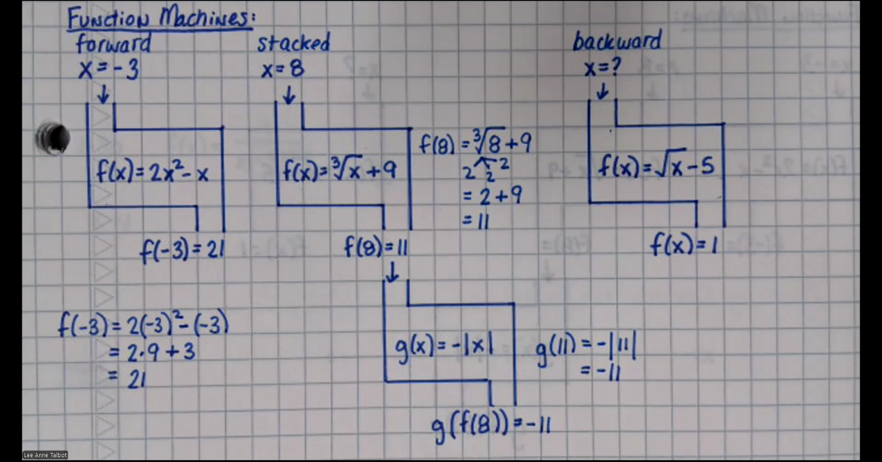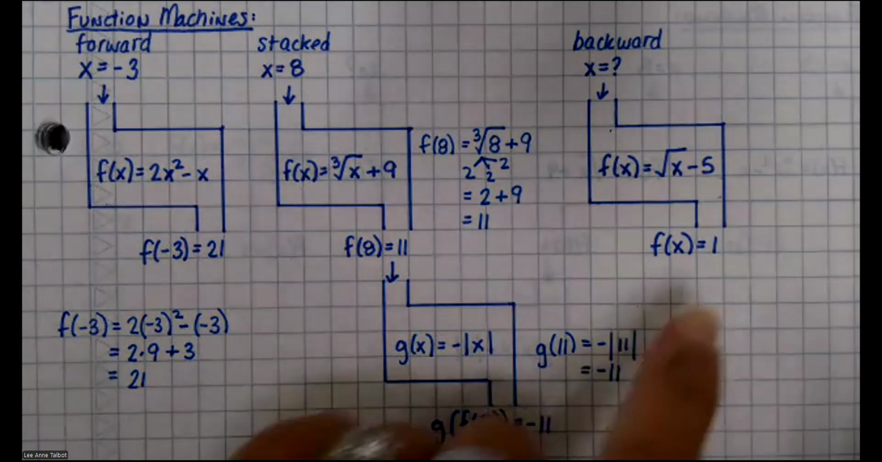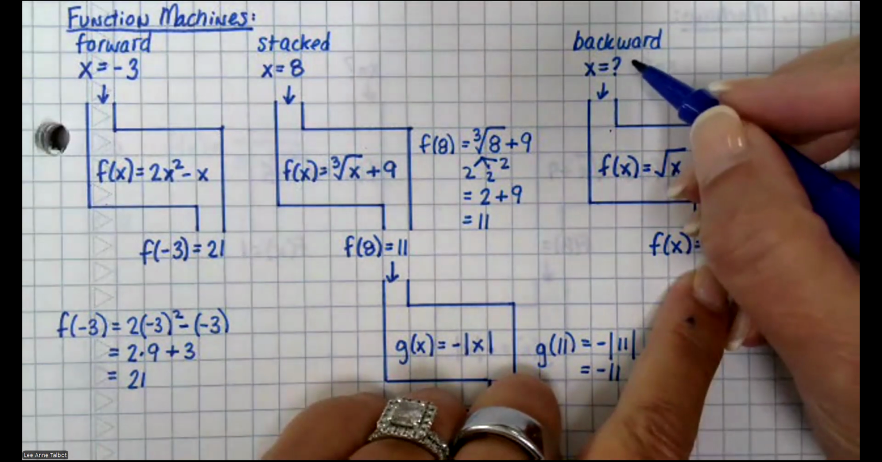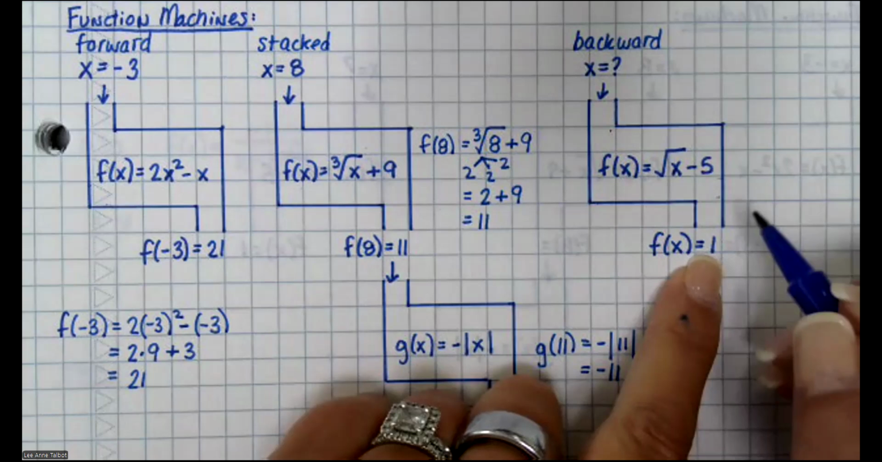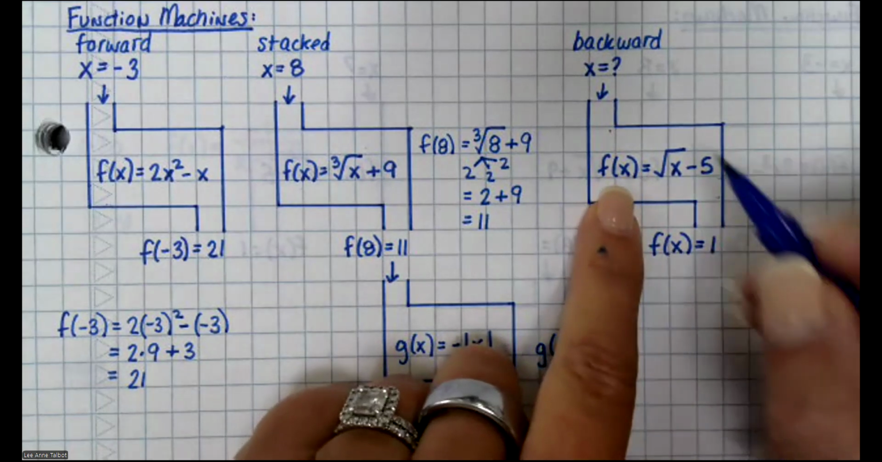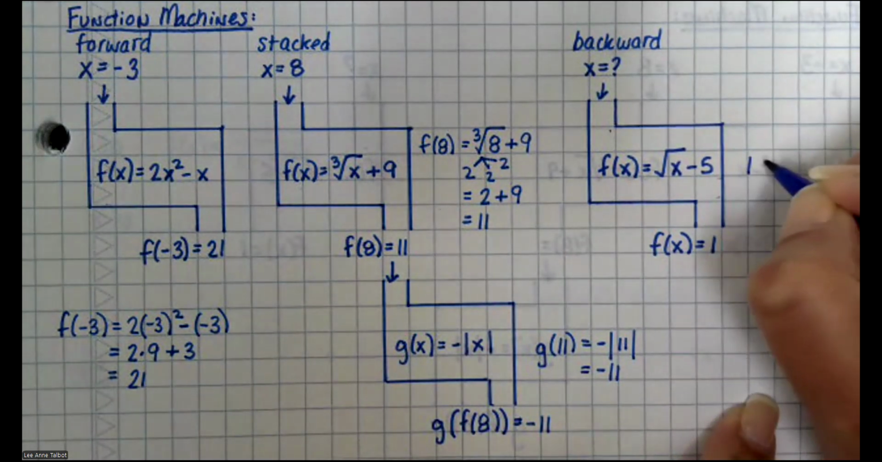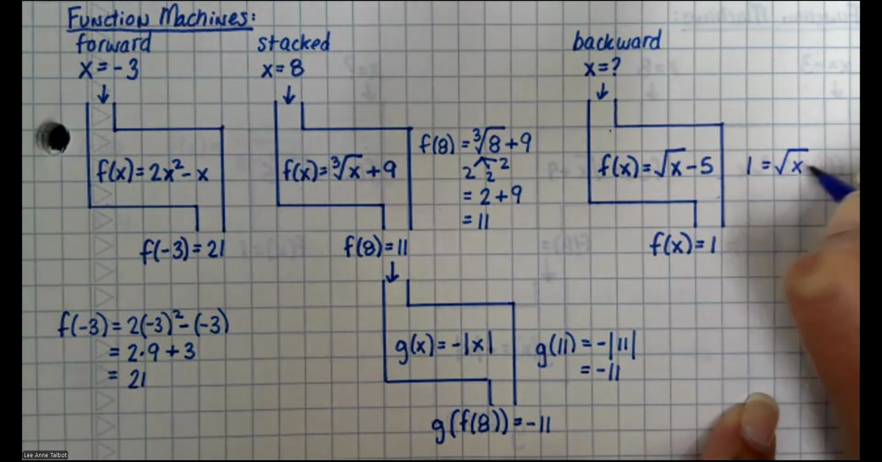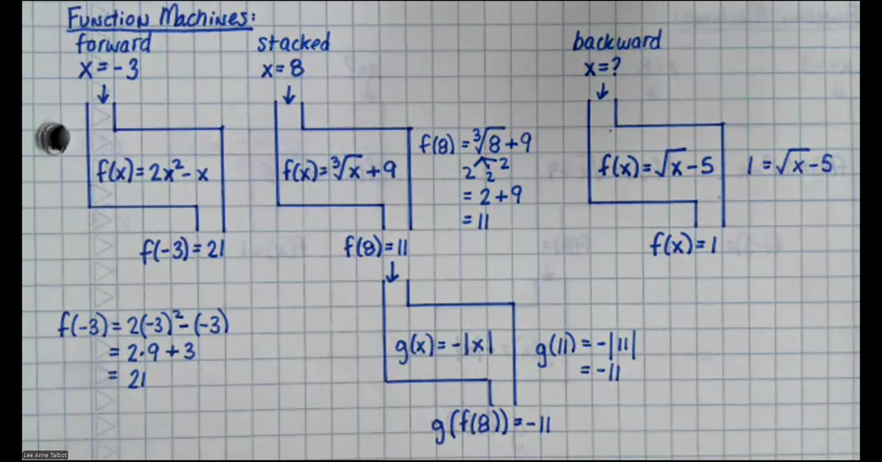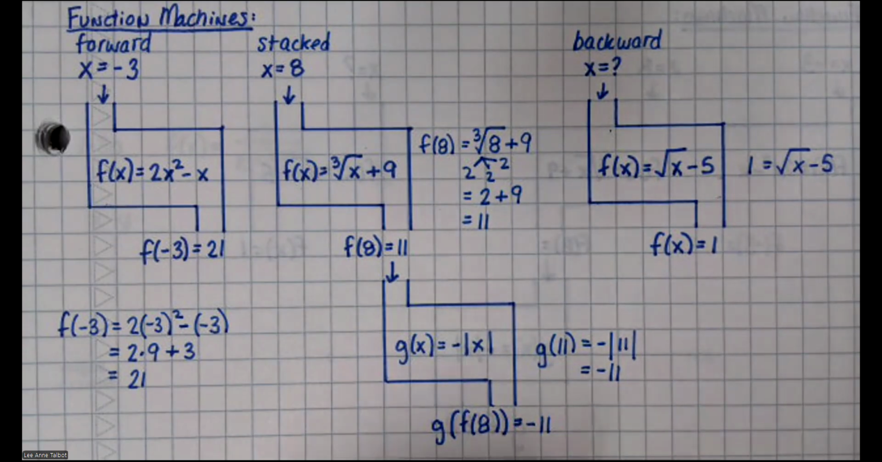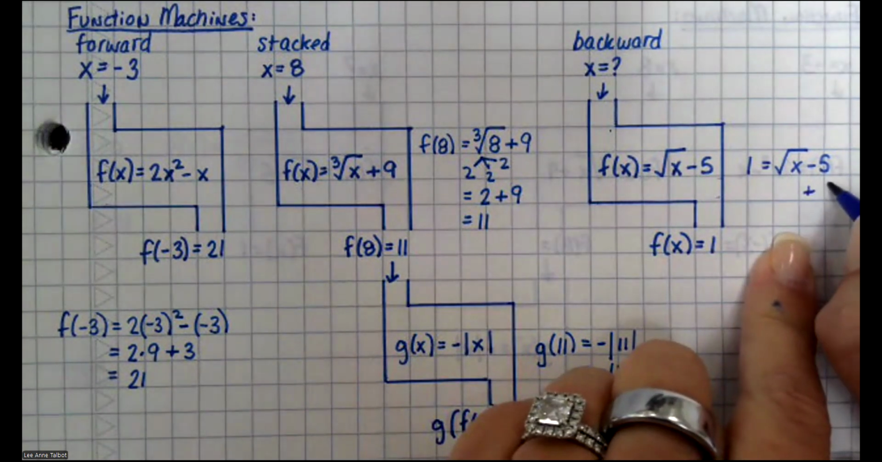Okay, and then the last type is the backward function machine. This one, notice it's got the output and it's asking for the input. So what I do is I take the 1 and I put it in the place of f of x entirely. So it's 1 equals square root x minus 5. You don't plug it in for x, you plug it in for f of x. This was actually the last problem on your Math 1 and 2 review worksheet. Like not this exact one, but this is what you were supposed to do. Okay, plus 5,